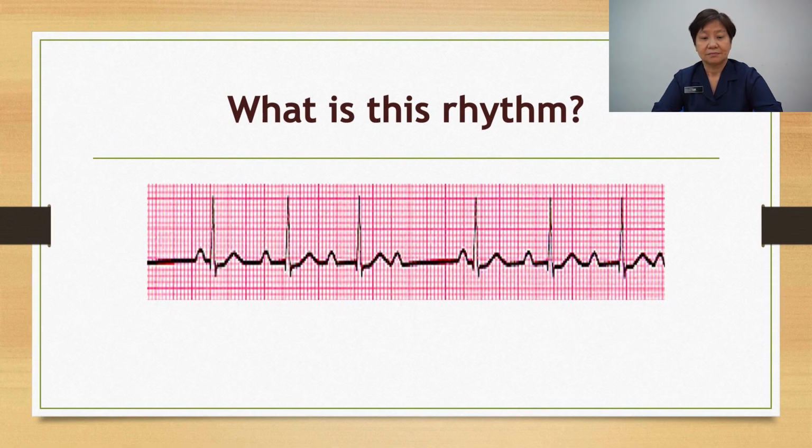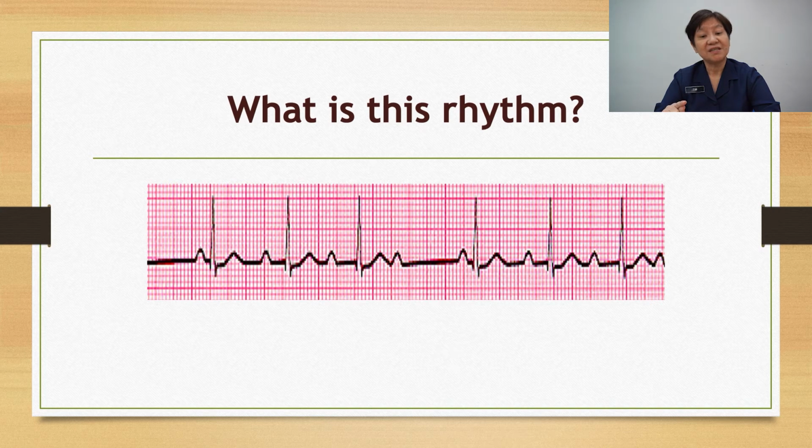How about this? There is some pattern. Can you see the QRS? This is narrow. P waves are all upright. Can you see there is a missed beat over here? You can see the P wave without the QRS. And then there is some pattern over here. Look at the PR interval. The PR interval is progressively prolonged. From here, slowly it progresses, and